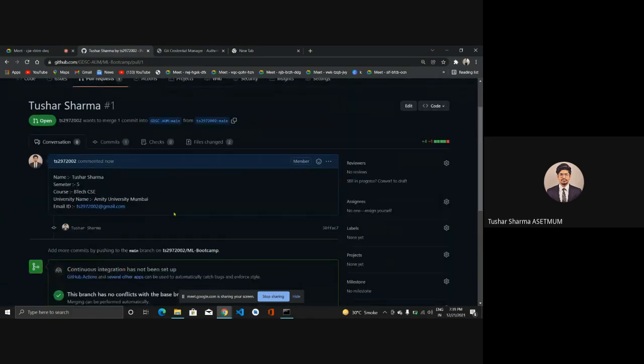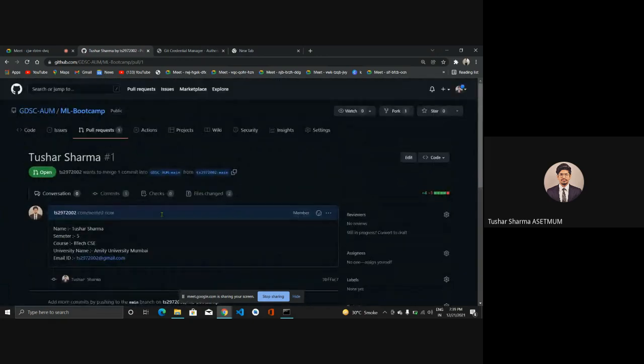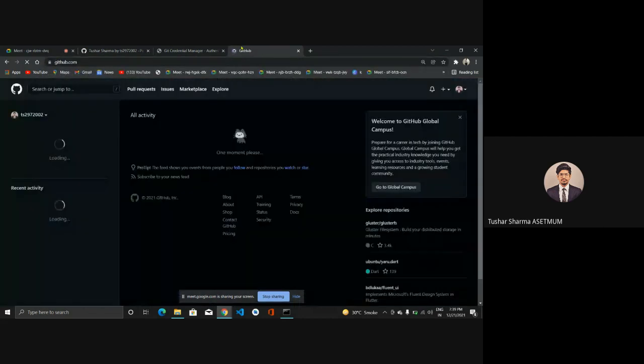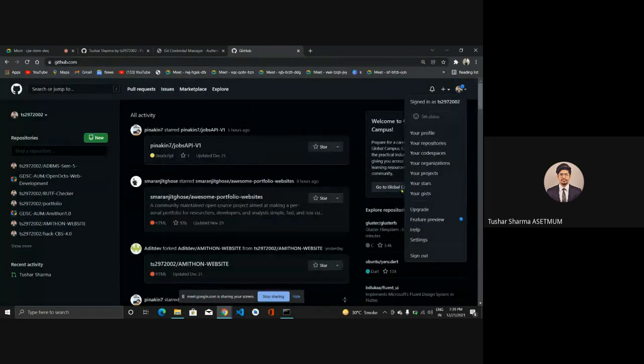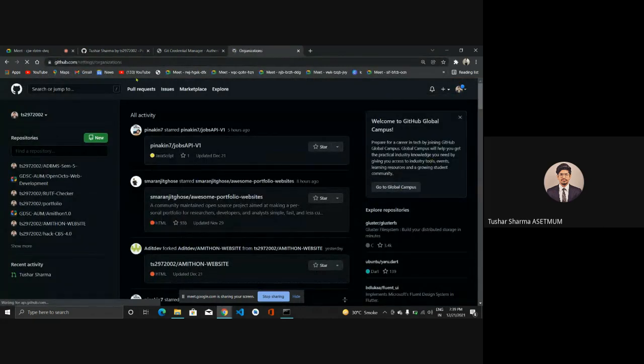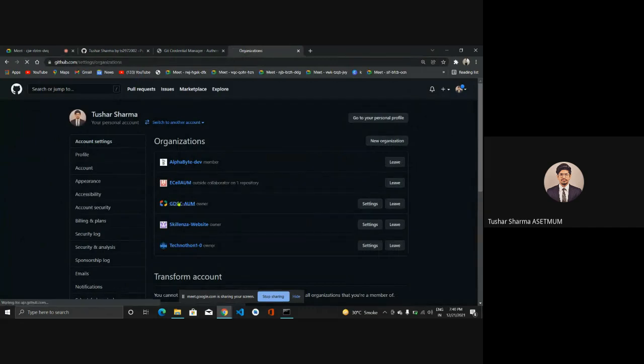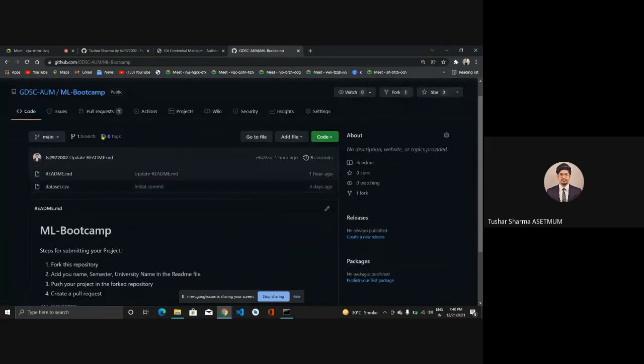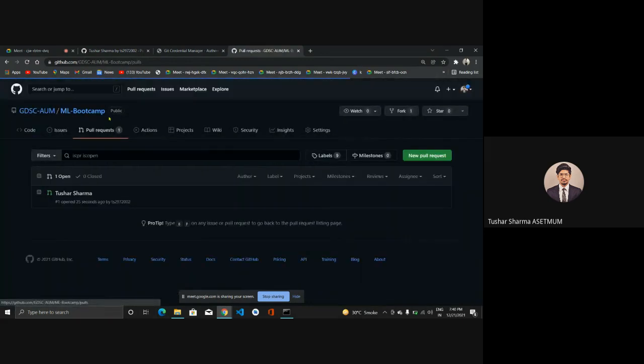Okay, now as you can see, I have already created my pull request. How am I going to check whether you have created it or not? Here's how I'll check. As you can see, on our side, I can see Tushar Sharma has created a pull request.